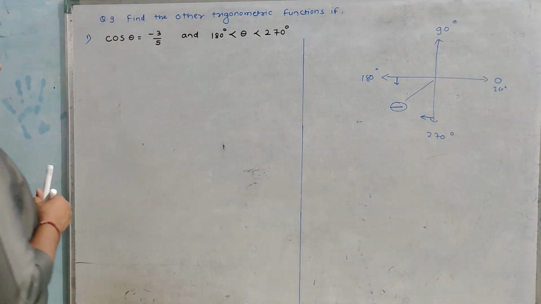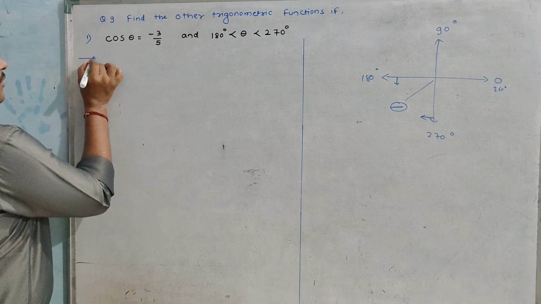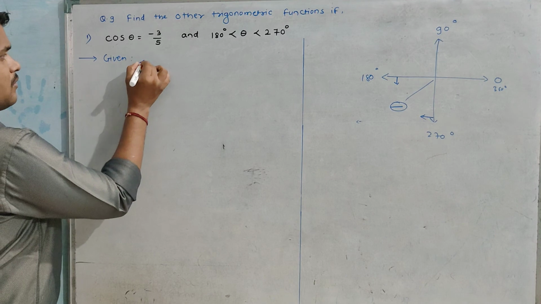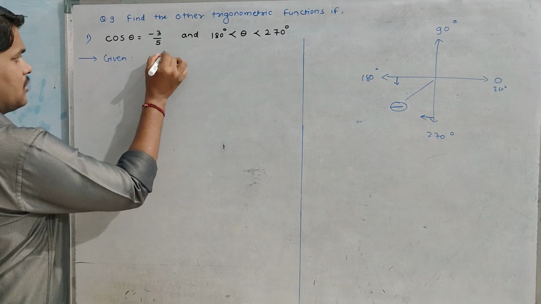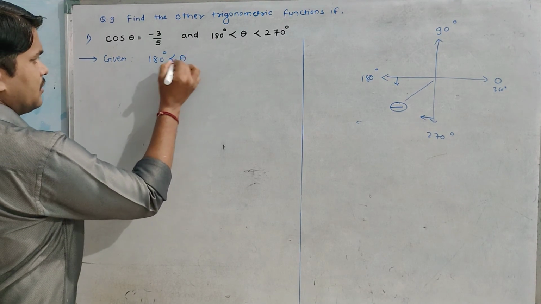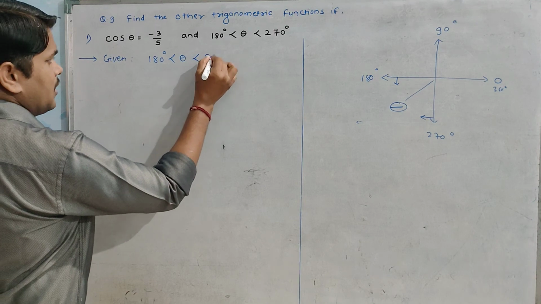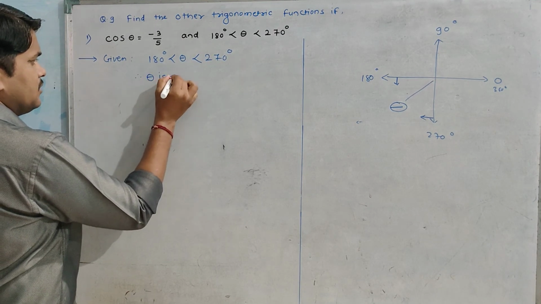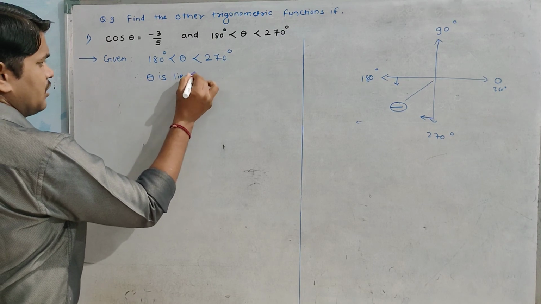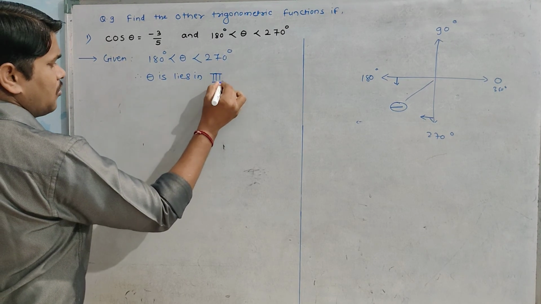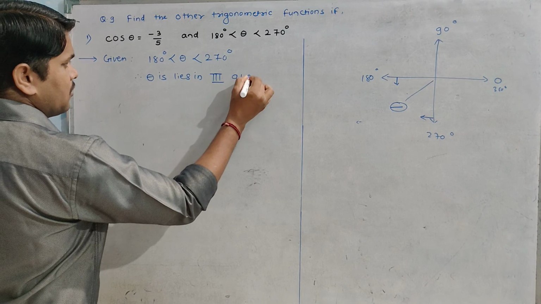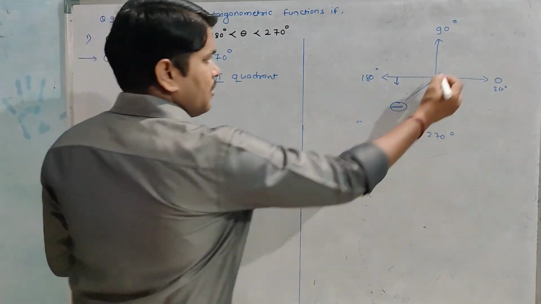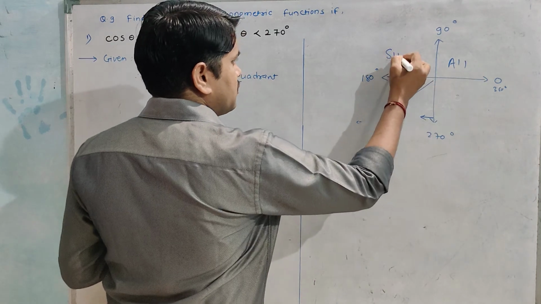So we start with the given: theta is greater than 180 degree but less than 270 degree. Therefore theta lies in third quadrant. कुठल्या quadrant मध्ये असणार आहे? Third quadrant मध्ये. And we know that in third quadrant all signs